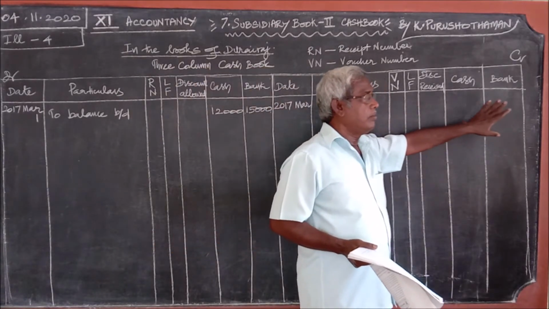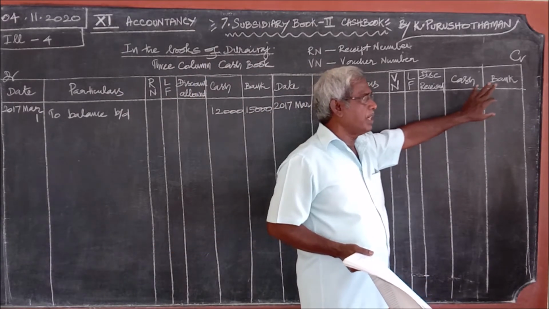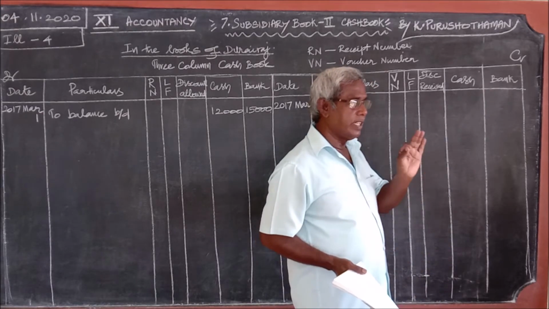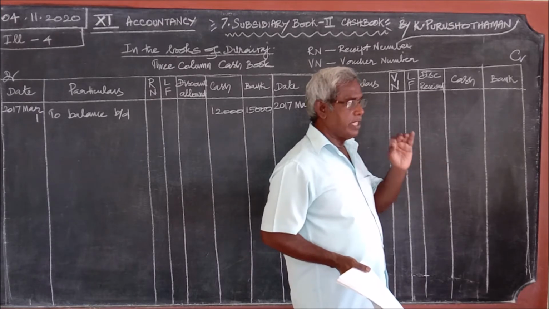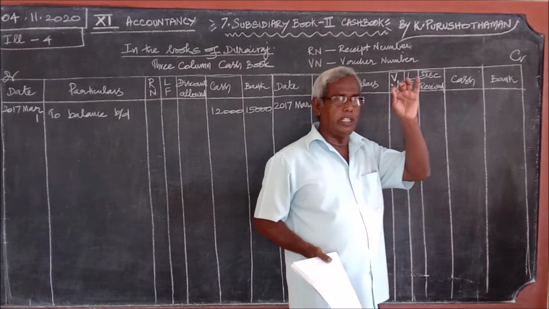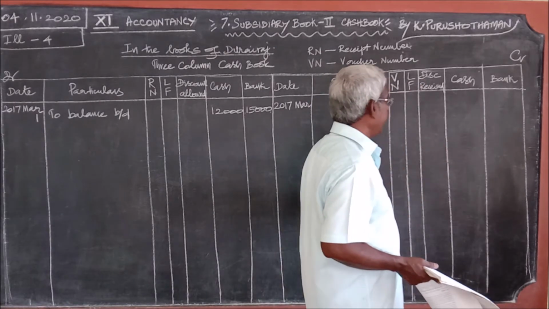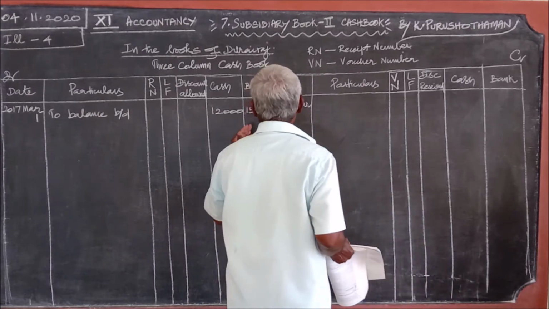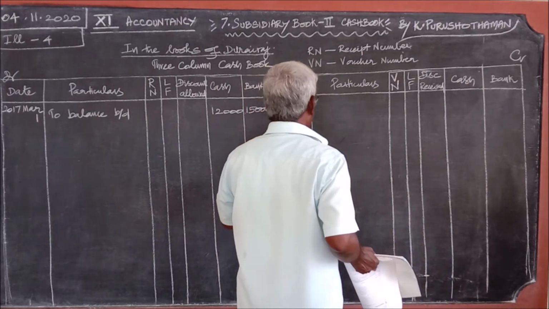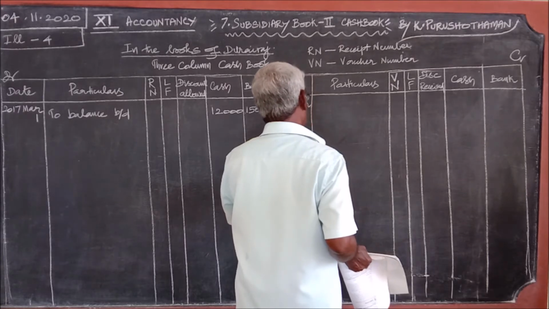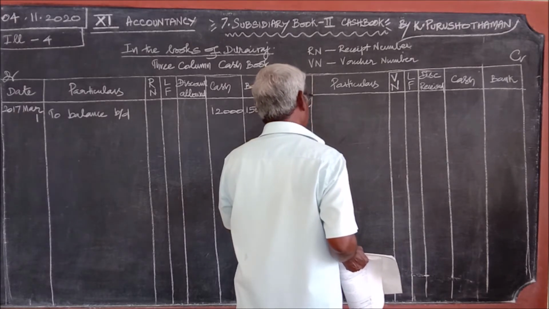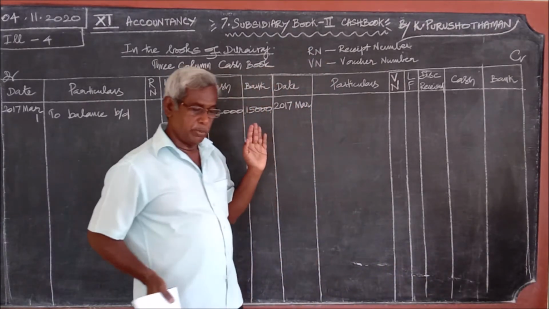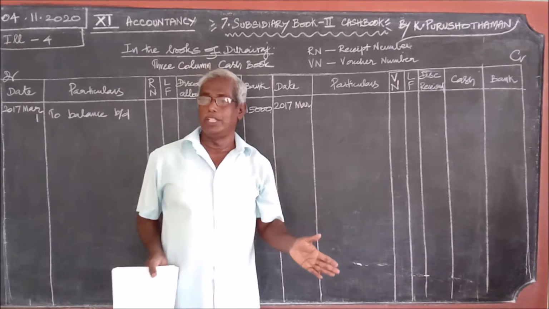But in triple column or 3-column cash book, there is a special column for bank. So in that case, the same transaction which is treated in single column and double column, simply by writing it on the credit side, is treated differently in the 3-column cash book. In the cash paid into bank and cash withdrawn from bank, the treatment in single column and double column is different from the treatment in the 3-column cash book. Remember this well.